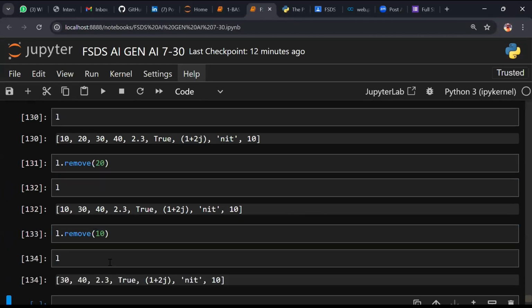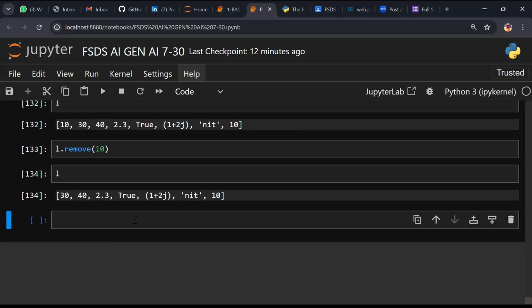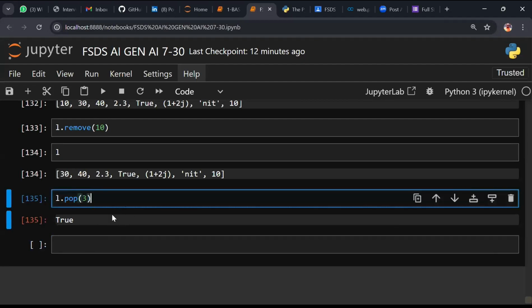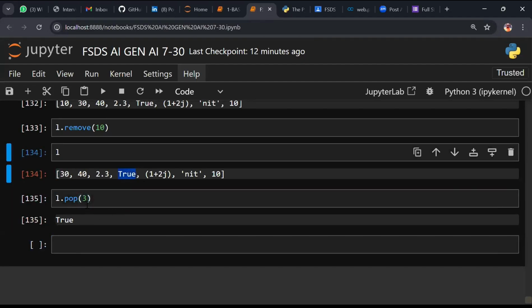Now let's check L. What is the difference between pop and remove? Pop by default removes the last element. But now L dot pop, if I give 3, that means 0, 1, 2, 3, we have True.